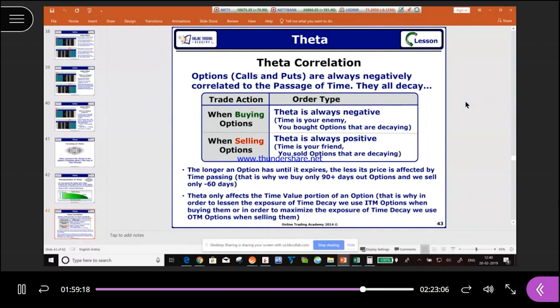And why do we buy slightly in the money options? Because time decay only impacts the time value component, it never impacts the intrinsic value. That's the reason why when we are buying an option, we buy something that has slight intrinsic value. Correct. And when we are selling, we sell options that are closer. Why? Because we need